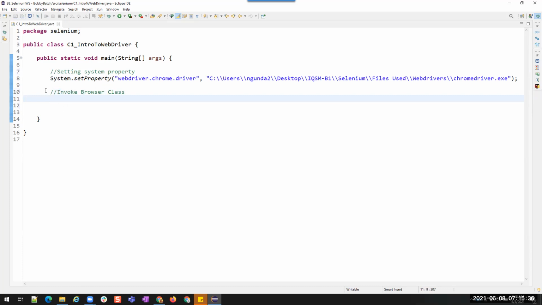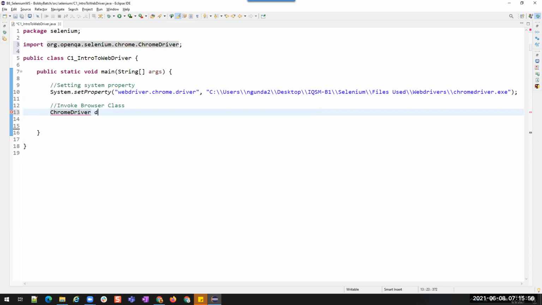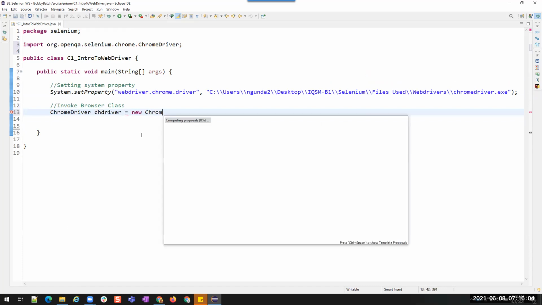To invoke this browser class, this driver exe file, we have to create an object for it. So we have the ChromeDriver class from org.openqa.selenium.chrome, right? ChromeDriver driver equals new ChromeDriver. Now we have created an object for the ChromeDriver class.